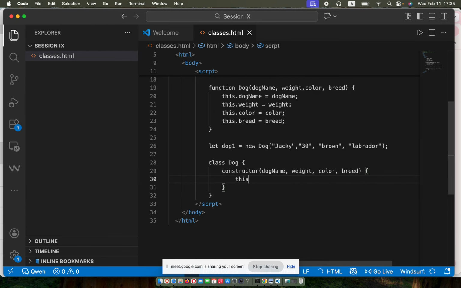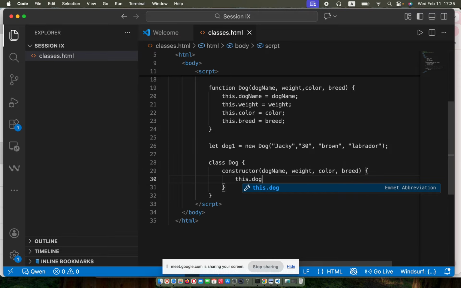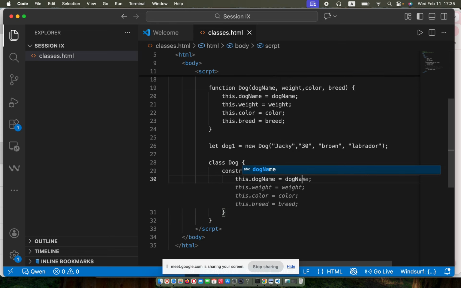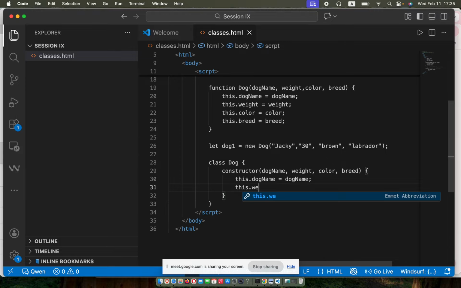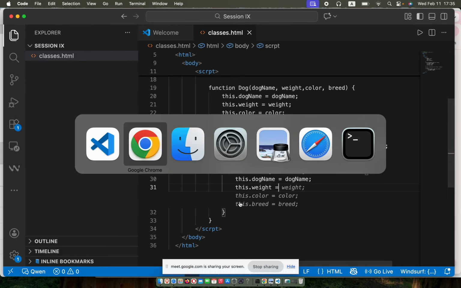So this dot dog name is assigned to the dog name of the incoming attribute, this dot weight,